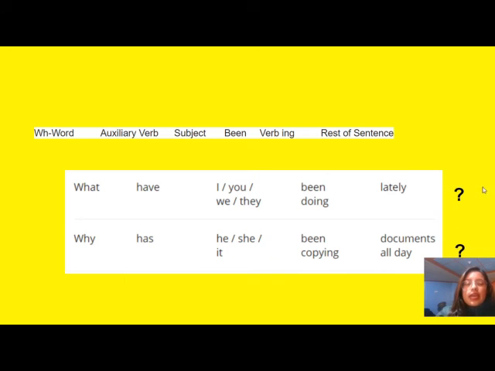Y recuerde, en inglés, you have to use only one question mark. Solo usamos un signo de pregunta al final de la pregunta. Okay? This is the structure with question with WH question in present perfect continuous. Recuerde, ¿cómo podemos reconocer el present perfect continuous? Porque primero usamos los auxiliares have or has and the verb with ing y el verbo con ing. Entonces ahí sabemos que estamos hablando del present perfect continuous or